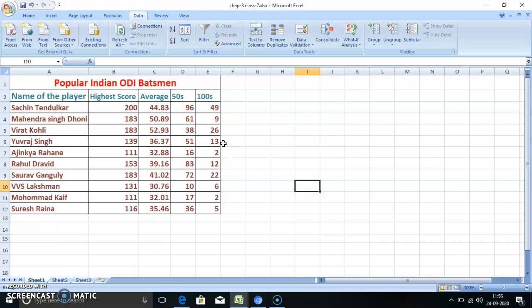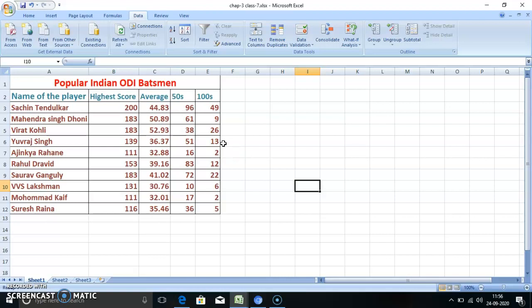After the table 3.10, you can see the second line, that there is another feature called advanced filter feature. It is demonstrated well in figure 3.11. For example, if you want to see the list of players who have scored more than 150 and have scored less than 17 centuries, you can use this feature.